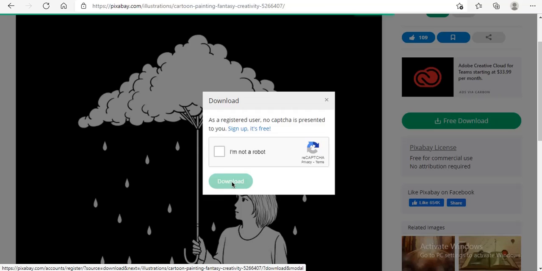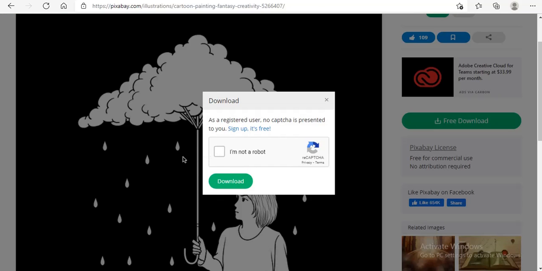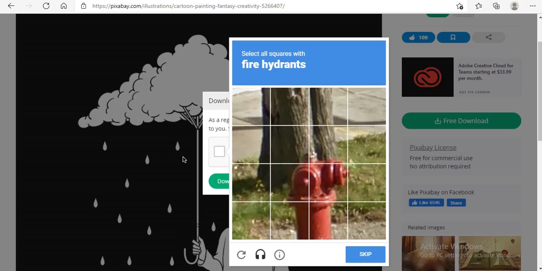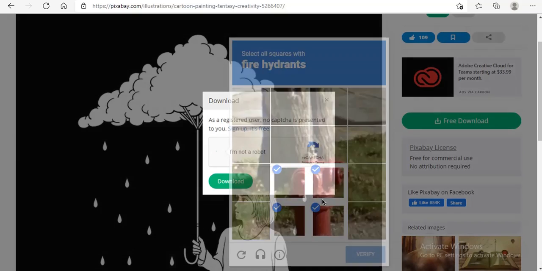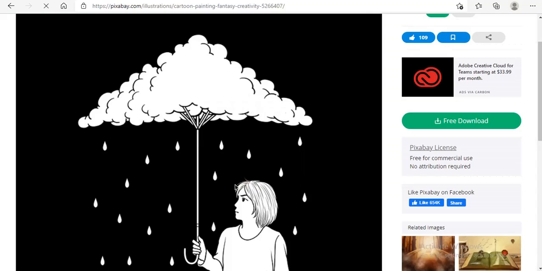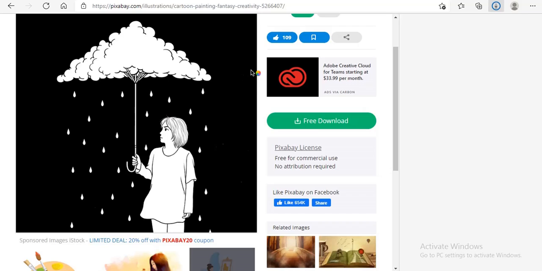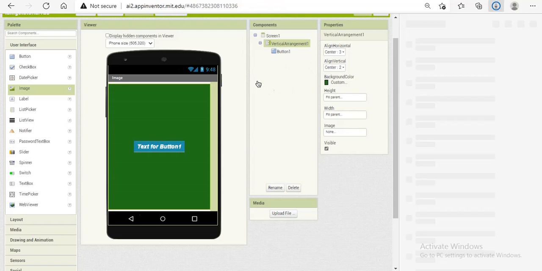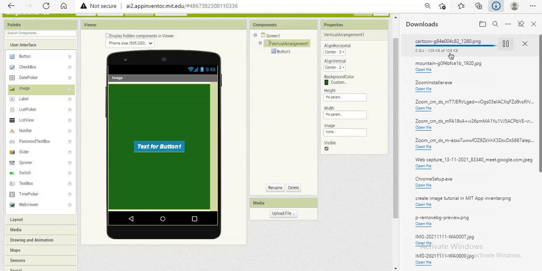Select I am not a robot, and now let's verify it. Click verify, then click on download and wait some seconds for it to download. Let me go back to MIT App Inventor. Now it's automatically downloaded in my downloads.